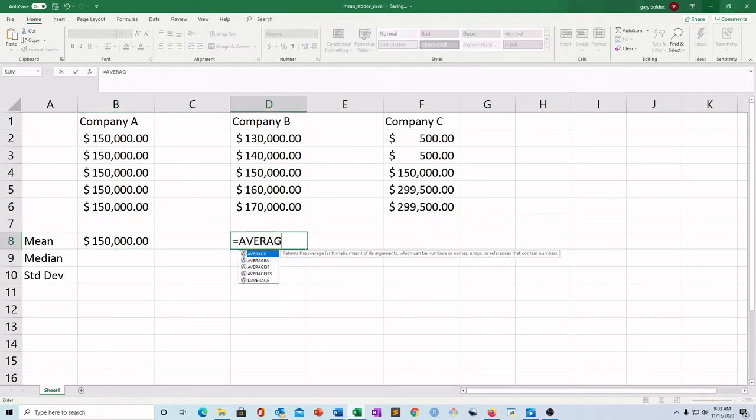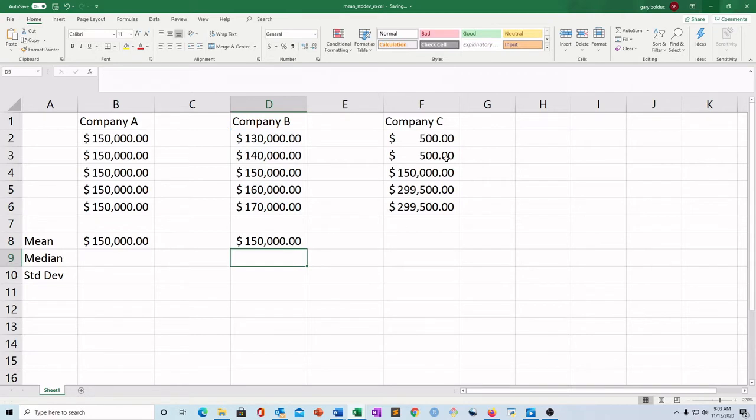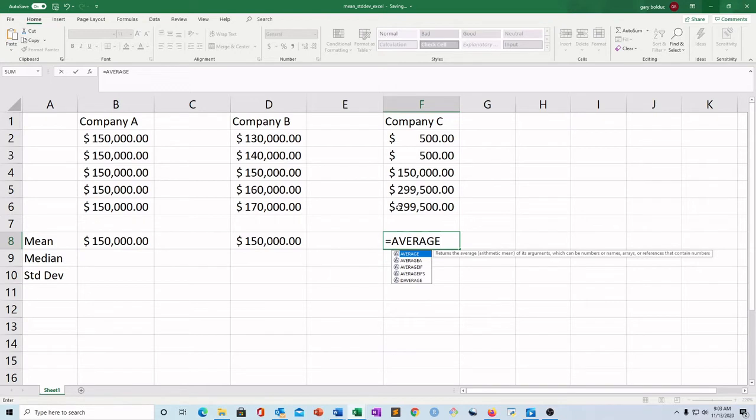Average, and we could just type it out, open parentheses, first number, I'm holding my click down, drag, close parentheses. These functions always need to be open parentheses, close parentheses. Oh, I get the same average. Okay, I wonder if that's on purpose. It is. Average, drag,